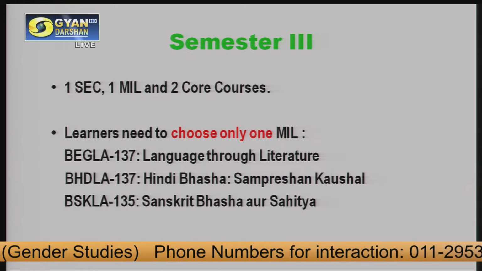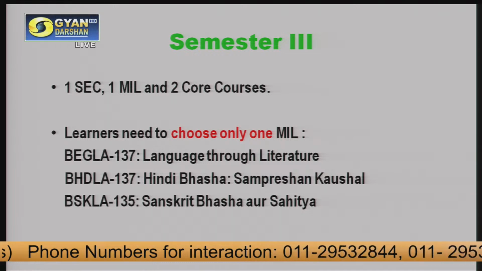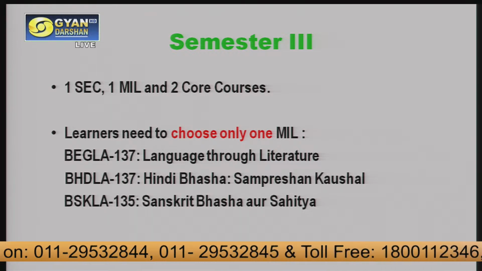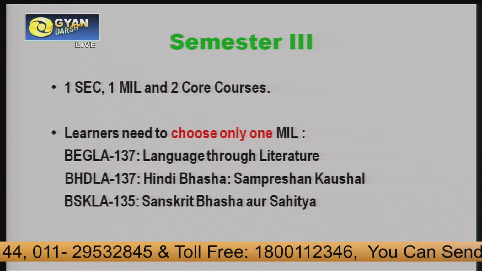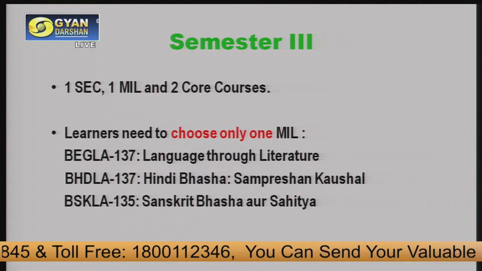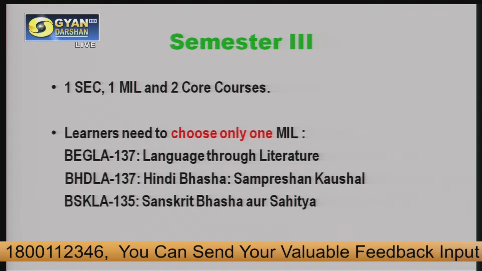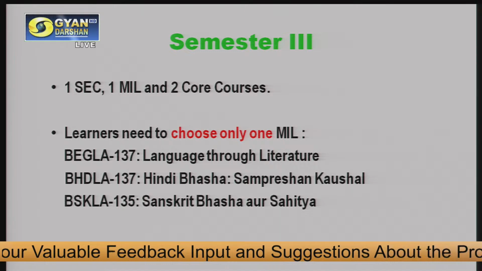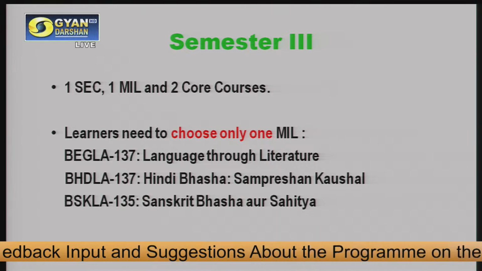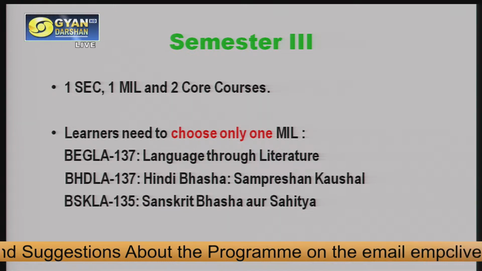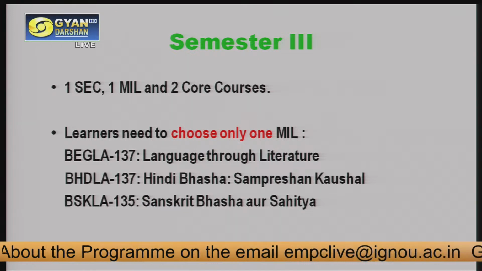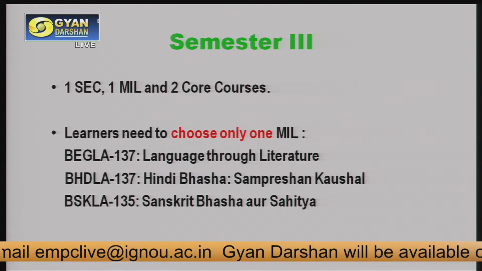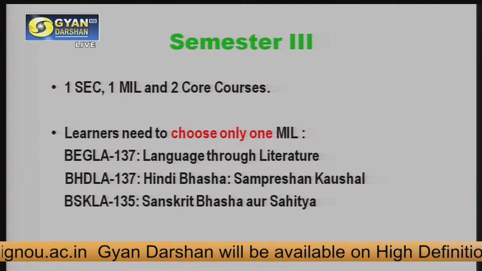दूसरा है हिंदी में BHDLA 137, हिंदी भाषा संप्रेषण कौशल, और तीसरा है संस्कृत में BSKLA 135, जो है संस्कृत भाषा और साहित्य। इसके अलावा आपको 2 कोर कोर्सेज लेना है, जिसका एक है BGS 13, यानी जेंडर एंड गवर्नेंस, और तीसरा है BGS 005, जो है इश्यूज ऑफ जेंडर एंड डेवलपमेंट। आप अभी देखोगे कि 3rd सेमेस्टर के बाद आपको काफी नॉलेज जेंडर के ऊपर हो गया है, नॉट ओनली अबाउट द सोसाइटी एंड कल्चर